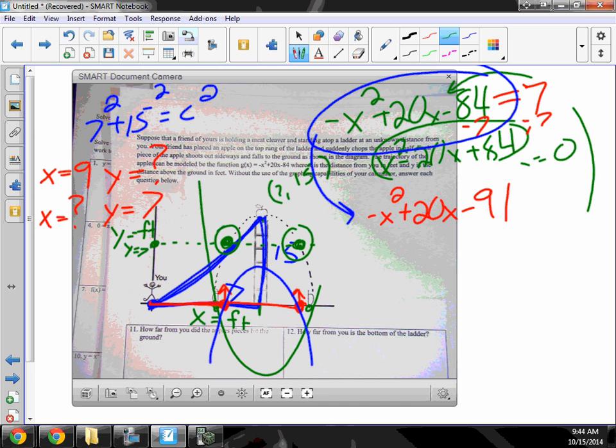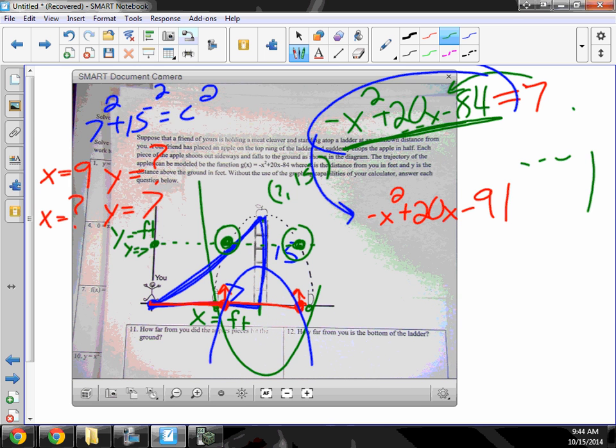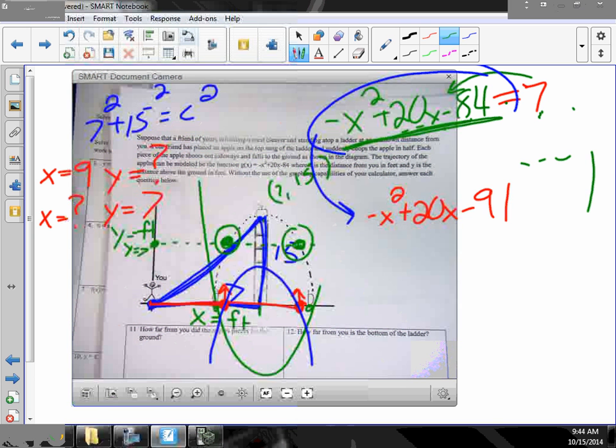So I took this original parabola here, and I set it equal to 7. I want to know, when is the original graph 7 feet high? There are two x values. It's going to be something just slightly bigger than the left root and something just slightly smaller than the right